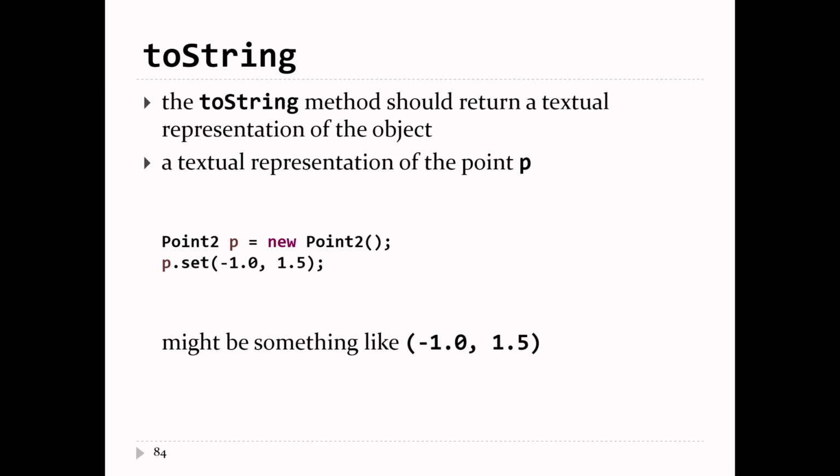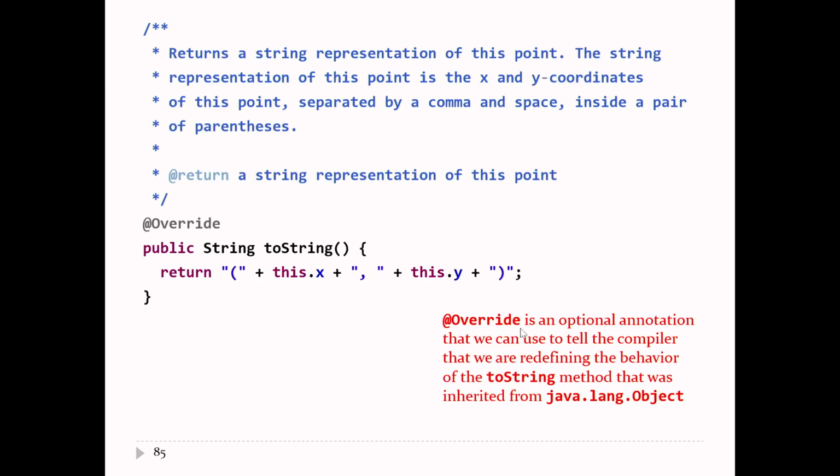Just define toString. So we create a toString method. Its name is toString. toString never has any arguments. It always returns a string. It's always public. This @override is optional. You don't have to put that in. If you put it in, though, the compiler will check